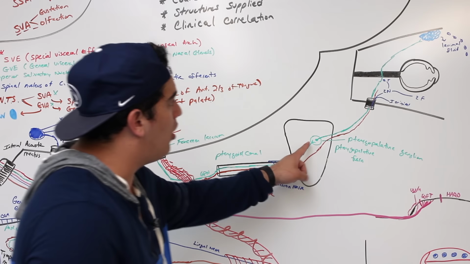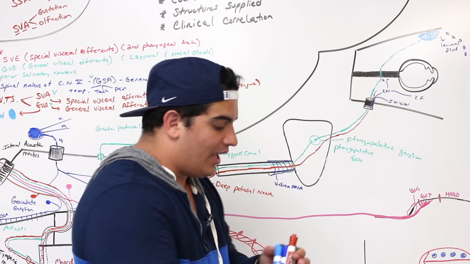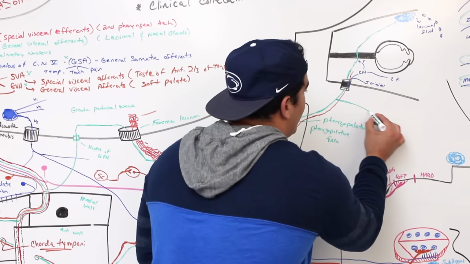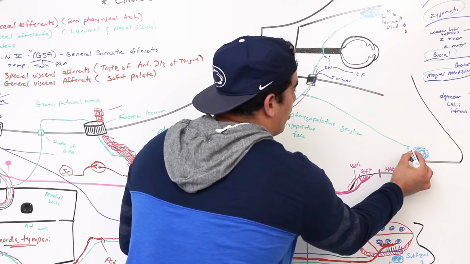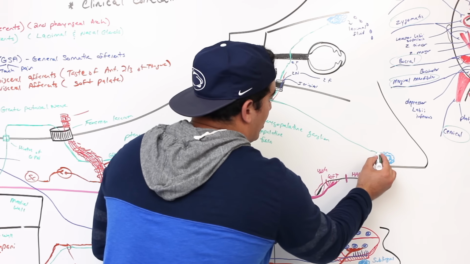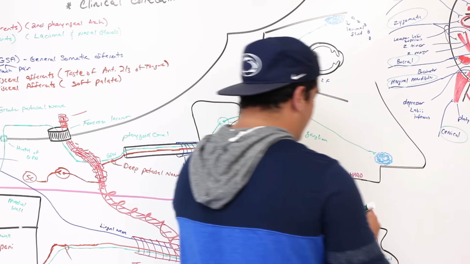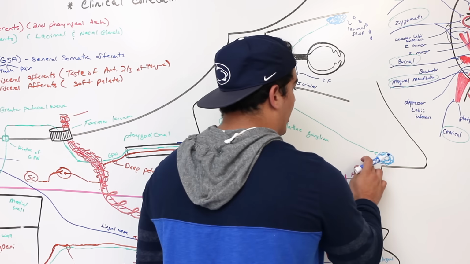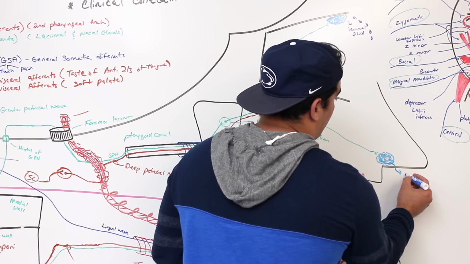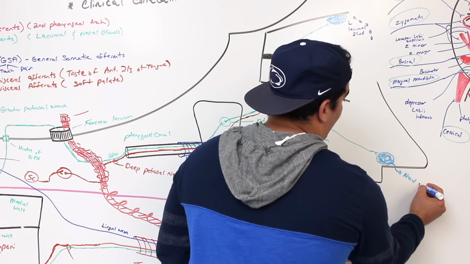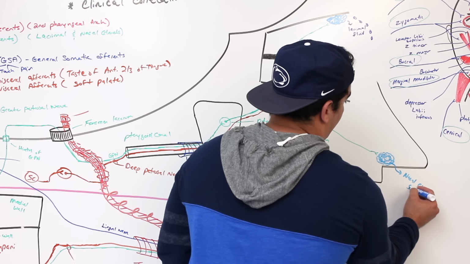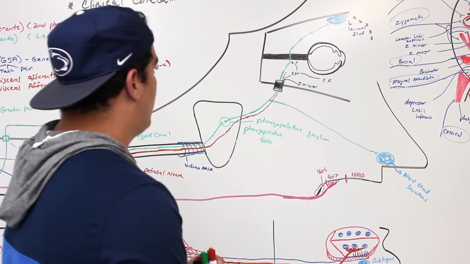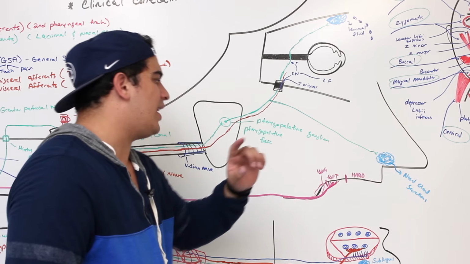Now, from that, it also can go to the lacrimal gland, but guess where else it can go? It can give off some fibers that move downwards. Guess what? There are little nasal glands here, nasal glands that are part of your nasal mucosa. It can also come out to these nasal glands and cause them to produce certain types of nasal fluid to help humidify the air, to warm the air, to moisten the air. So it helps the nasal glands to produce nasal mucus, right? So it helps to produce nasal glandular secretions. All right, nice. So we know that it's supplying the lacrimal glands, the nasal glands, and it even can